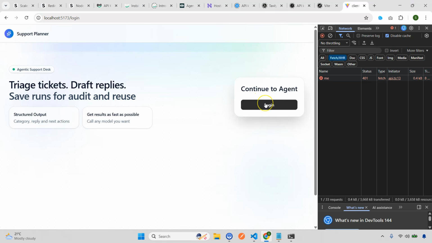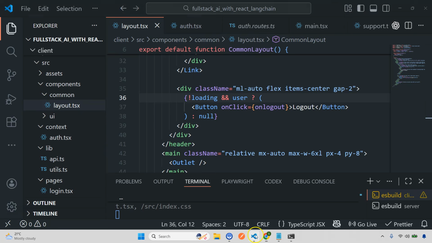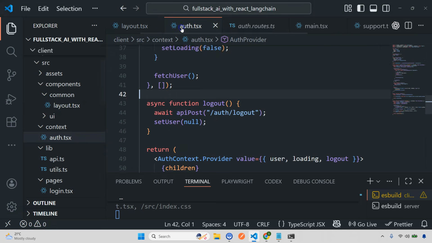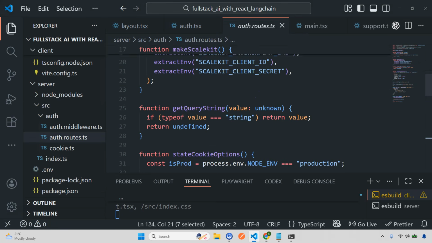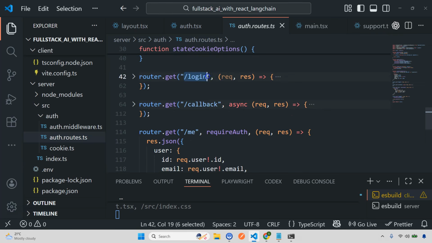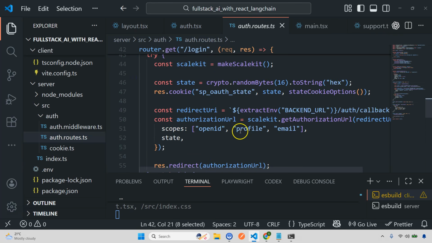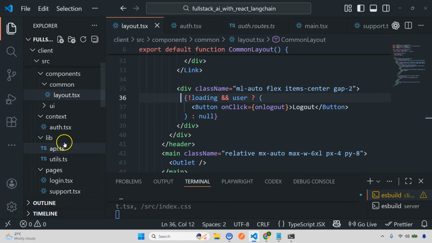Okay, so we have the login. So now we are going to implement the login logic, and this is very simple. Why? Because we already have the logic and everything ready. We just have to call this endpoint. Which endpoint? This login endpoint here, which is going to redirect the user to the login page. So we'll go to the login page,